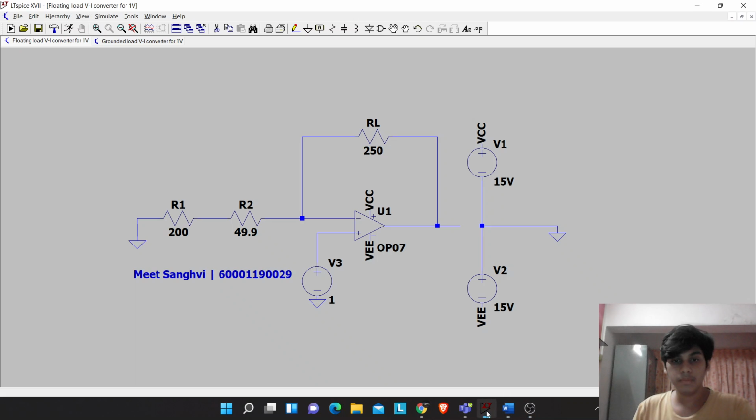Hello everyone, my name is Meet, and today we are going to be looking at a VI converter using an op-amp OP07. There are two types of VI converter,